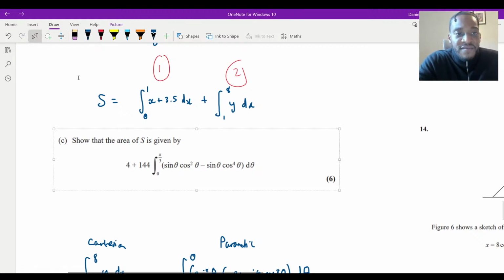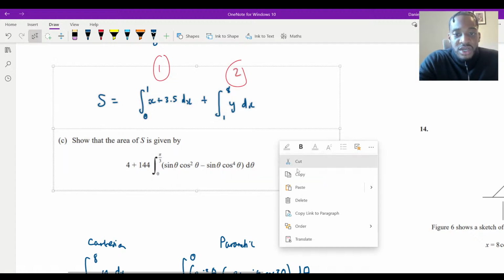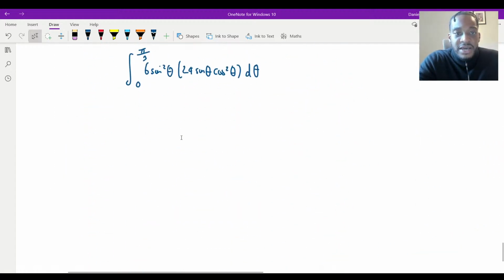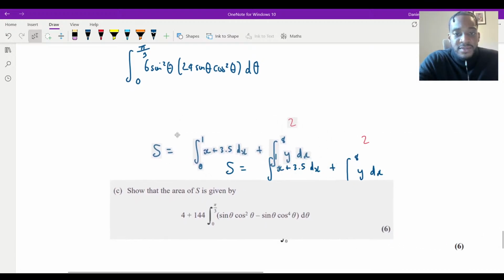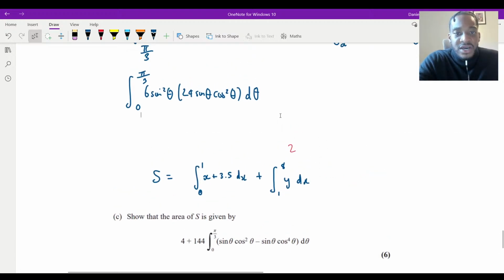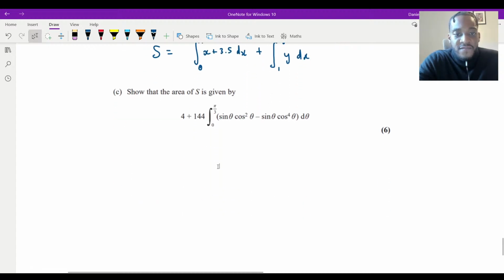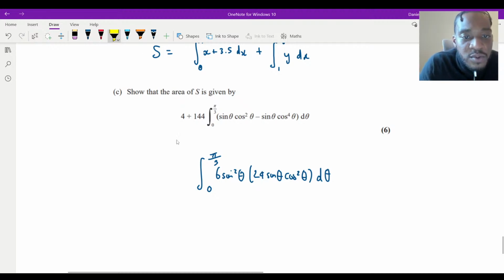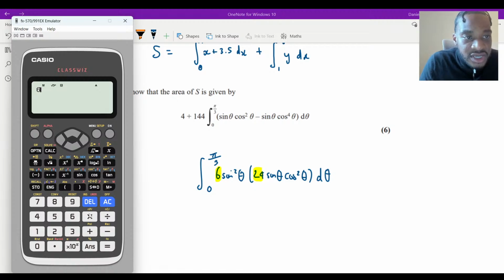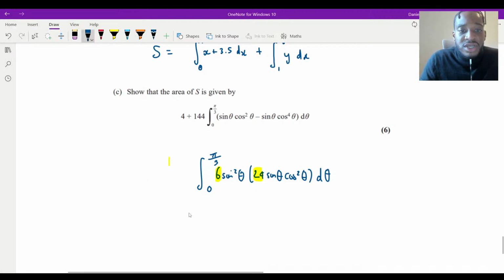Let me just grab everything that we need because we're nearly done now with this question anyway. So, putting this in, what do we have? Well, we've got this now, and I'm going to tidy this up. So if I tidy that up, I've got a 6 times 24. What's that? 6 times 24 is 144. So that is a constant that can go on the outside.